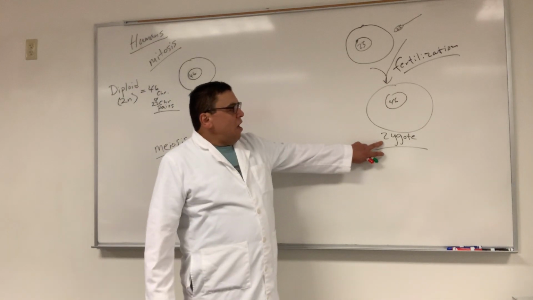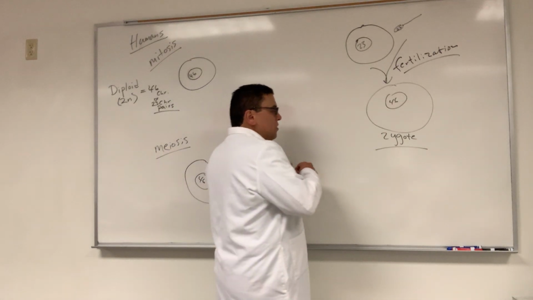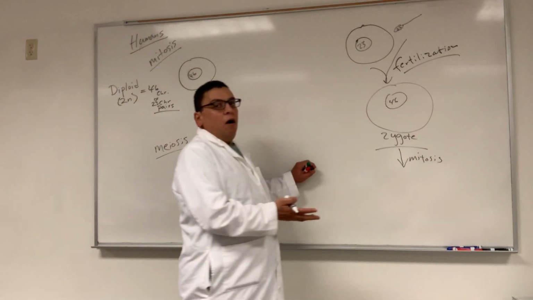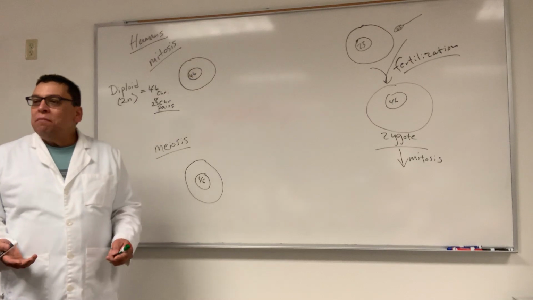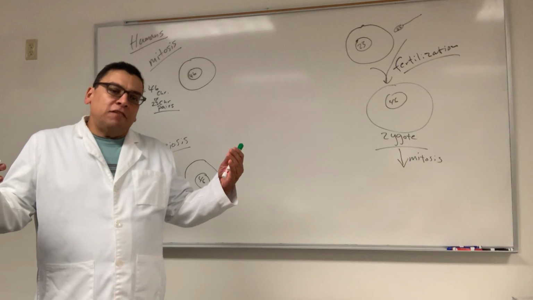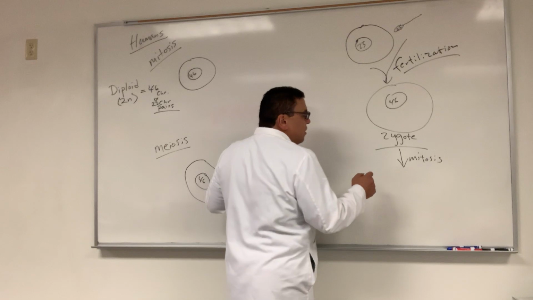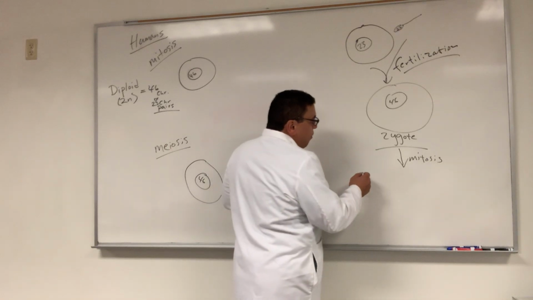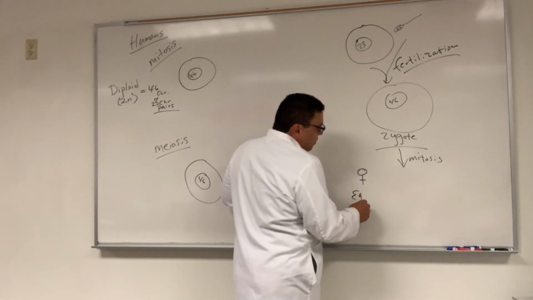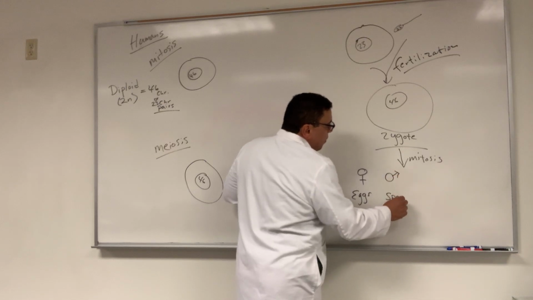Okay, so you are now going to be produced from this through mitosis. So mitosis made you who you are today. It developed you as a baby. You grew after that, and you became a teenager and all that. But eventually, you will start producing sex cells. For females, it's going to be eggs. For males, it's going to be sperm.